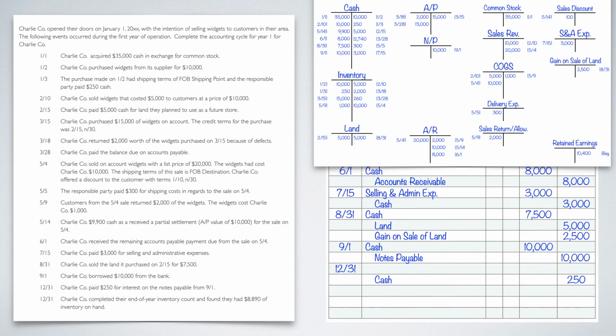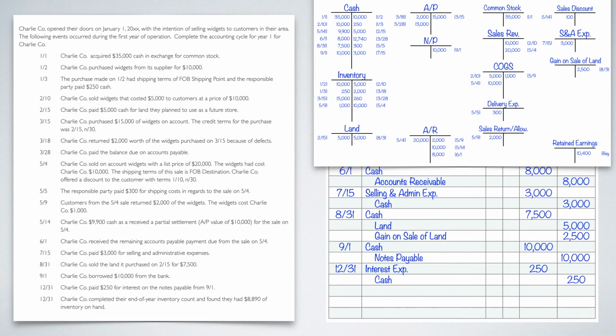And then what are we going to call it as the debit? It is not going to be notes payable because we're not changing the principal of the note. What we're doing is this is just the interest that we have to pay in order to use the note. And that's why we're going to expenses, because this is what we have to pay in order to use it. So we're going to call it interest expense for $250. Okay, so that takes care of all of our normal journal entries, our annual operations entries.